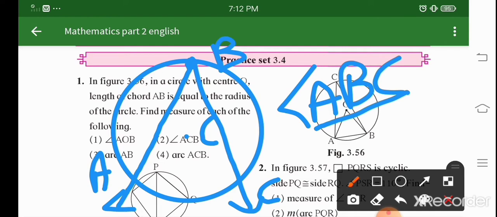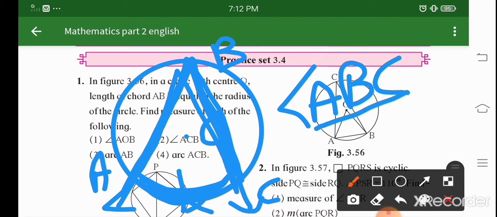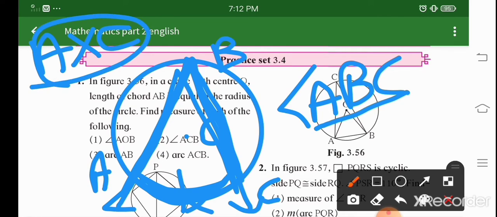Now can you see this inscribed angle is making some arc over here. This arc is under it. This arc we make over the point X, suppose. So this arc, that means you can say AXC, is a major arc which is known as the intercepted arc. I think this is clear: inscribed angle and intercepted arc.